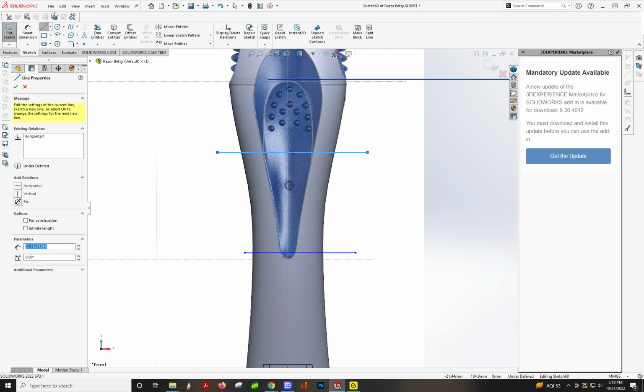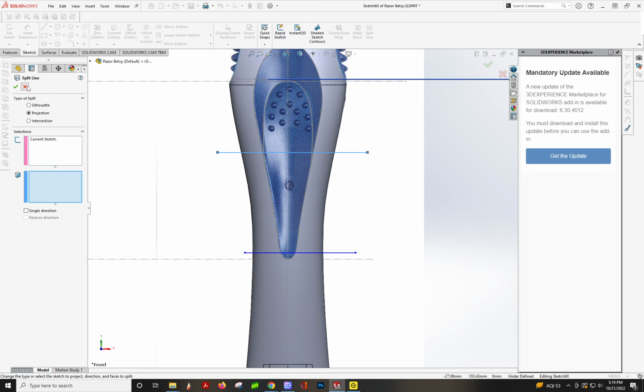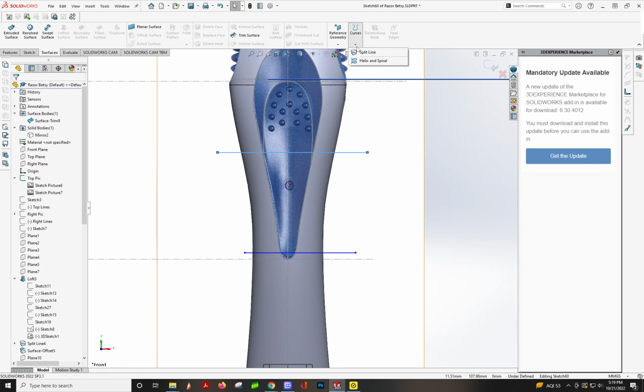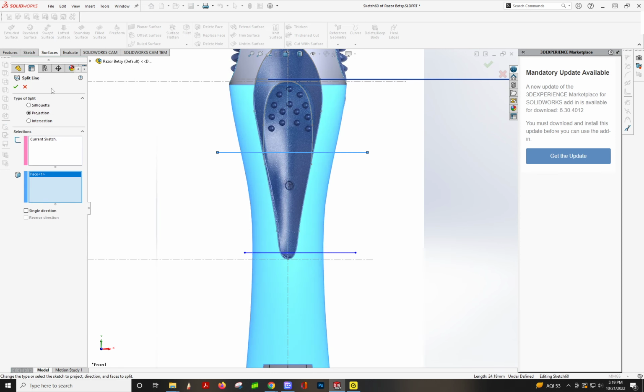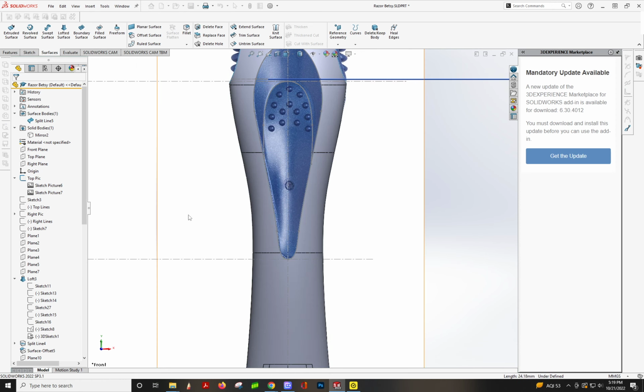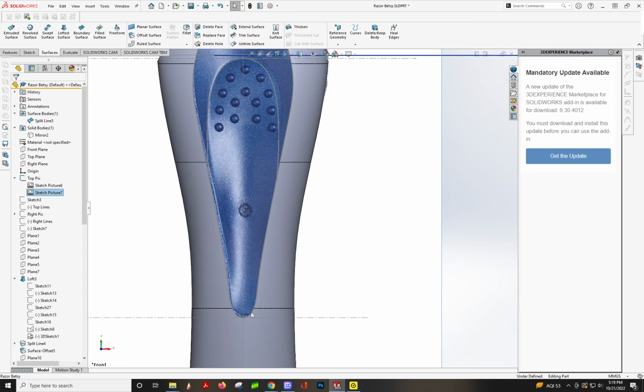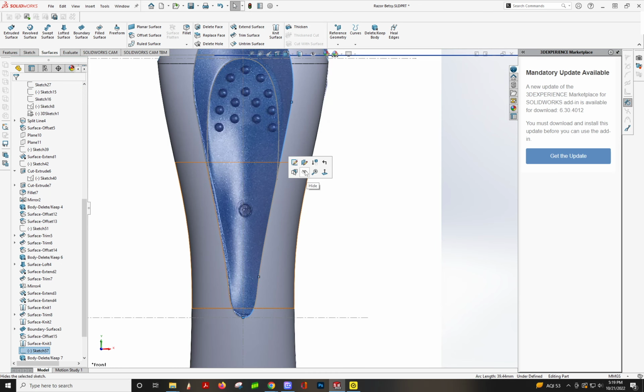Yeah, okay, that'll be good. And then just going to split line. I added that in there, but it's under surfaces, curves, split line. Okay, and so now I'm going to hide